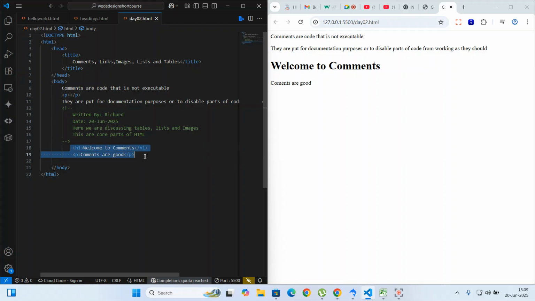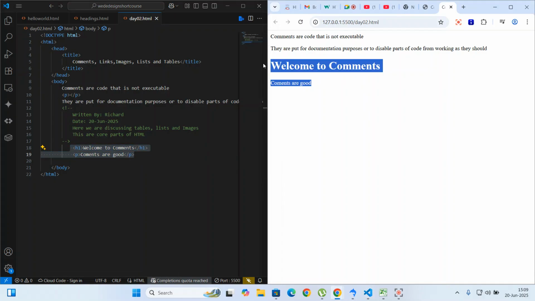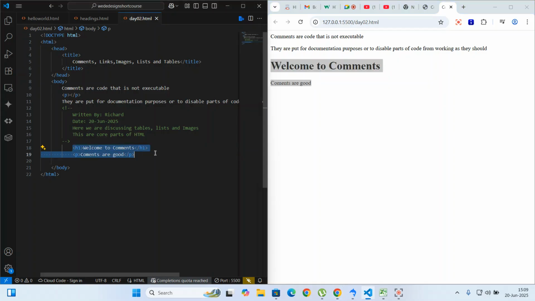Now, if I wanted this code not to execute, as you can see, it's executing and showing on the browser window. If I wanted to render this code useless, which means I don't want it to execute, I'll mark it as a comment. To mark it as a comment, I'll put an angle bracket, exclamation mark. Okay, I put it in the wrong place. So I mean here,